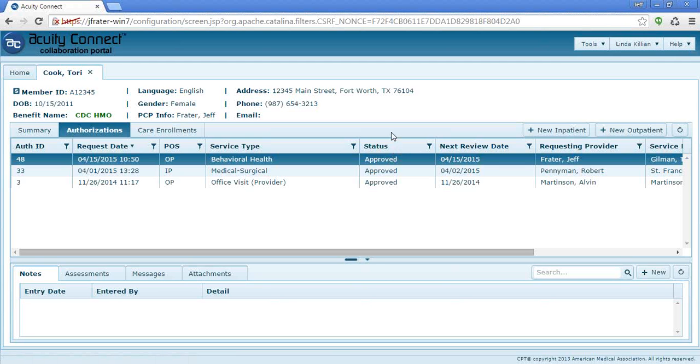Yeah, that was great. So I'm going to step out of character here just for a minute and explain an important point to everyone. This authorization was set to auto-approve because in this case, we built a very simple business rule in Jeff's Acuity Advanced Care environment that this particular CPT code, 96110, will always show up as an auto-approved auth. Now, in most cases, you would expect additional parameters that would be used to determine if a request would be auto-approved, such as is the member eligible, is the provider in network, or is the provider's specialty appropriate for the request?